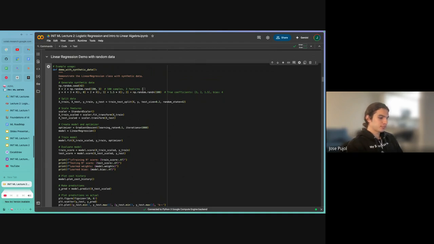Every training example is going to look like this, where you're going to have, I don't know, 0.2, 0.3, 0.5, etc. So you're always going to have these 3 values, and you're going to have n number of those.